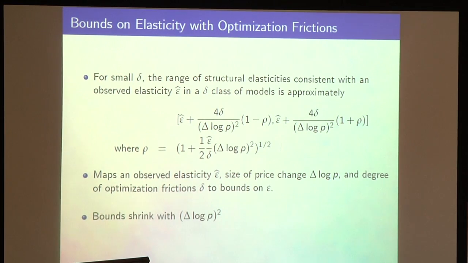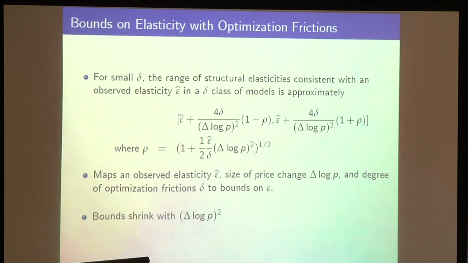So think about what a dynamic adjustment cost model might look like, which is common in the macro literature. Those are very complicated models because there are a lot of parameters that end up mattering. You need to know the stochastic process of the prices, how tastes evolve, how adjustment costs might change over time. So you could have state-dependent adjustment costs and so forth. All of those things are not going to end up affecting these bounds. It doesn't matter what the underlying structure is, you're always going to lie within this set.